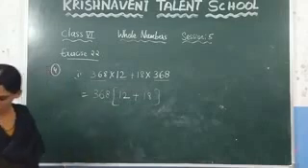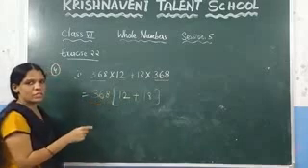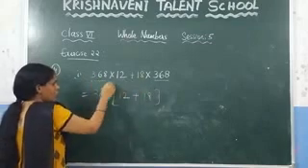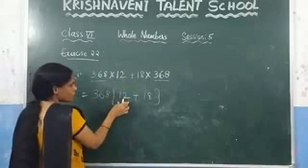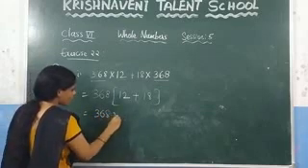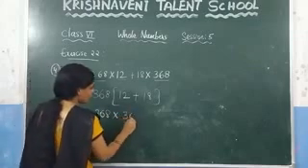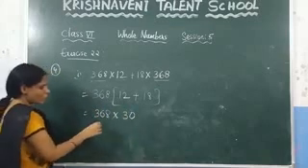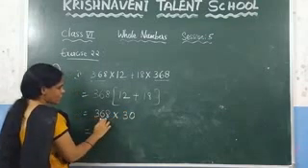How have we written this again? Here 368, and here 368 is there. Among these you have to check which number is the same. Since 368 is the same number, you can take that number common. After taking that number common, the numbers left out are 12 plus 18. Now you need to add what is there in the brackets. What is the value of 12 plus 18? It is nothing but 30. Now multiply 368 with 30. If you have a number that ends with 0, just multiply 368 with 3.